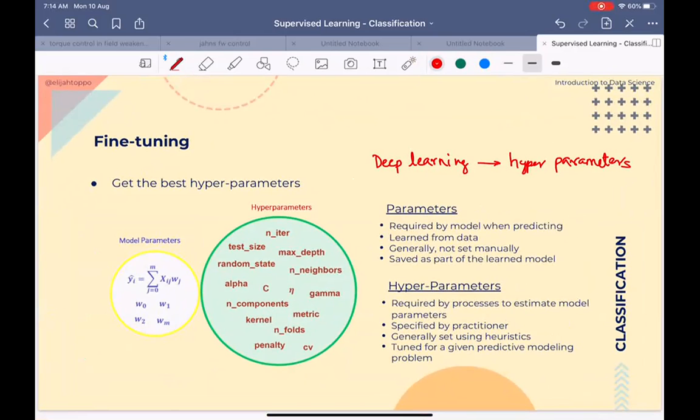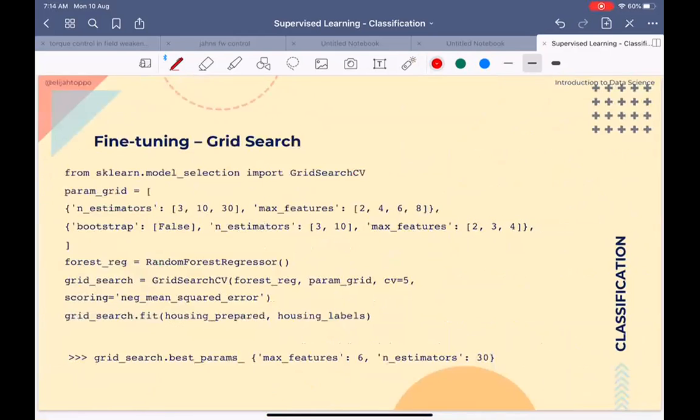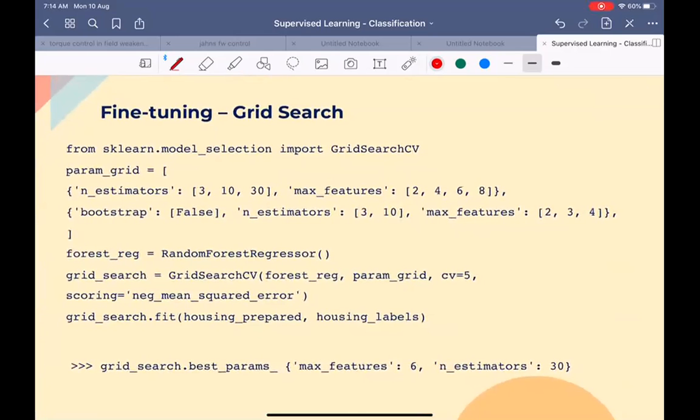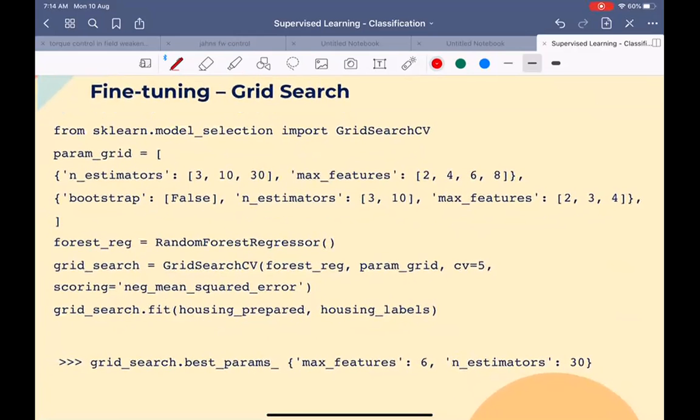Okay. Going ahead, if we then want to do fine tuning, as I also said, fine tuning is very important because they control to a very good extent how good your model will be. Okay. So when we are doing fine tuning, we would want to try multiple options for multiple features. Okay. So let's say an algorithm like